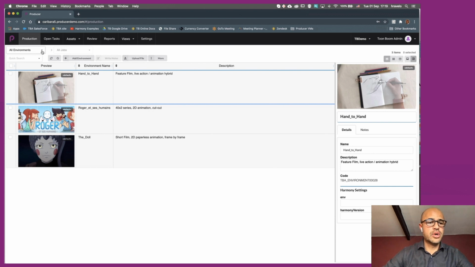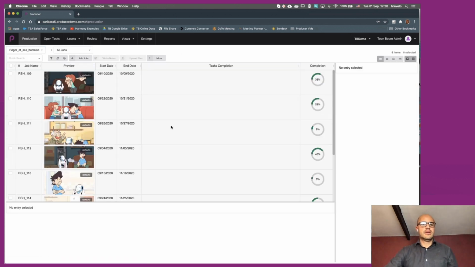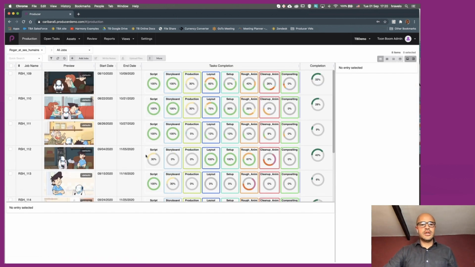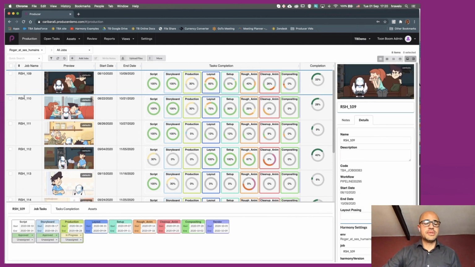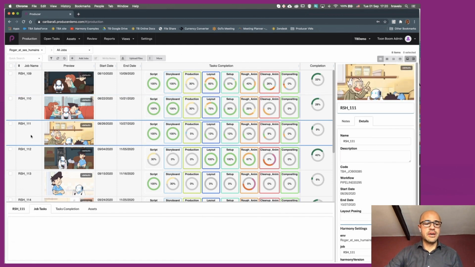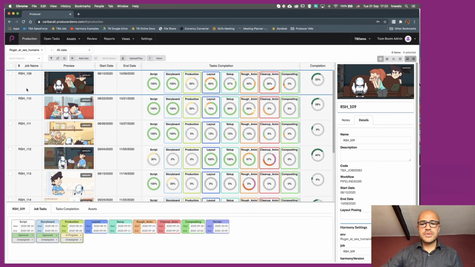For this one, we're going to go to the environment called Roger et ses humains. In here, you'll see that you have a list of all the episodes that are currently available to track in this project. You can go to each individual episode by clicking on it, and you'll start getting some information straight away as to the progress of your production.